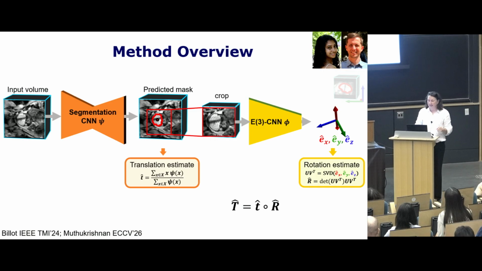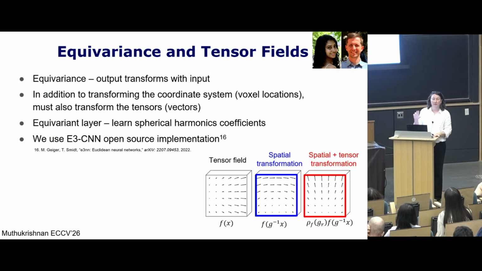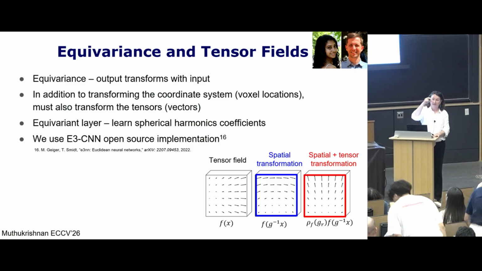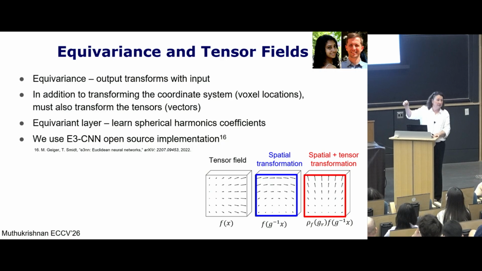The other subtlety, so we find the head, figure out its pose. The other subtlety is that the output of this network is essentially 3 vectors, right? We have a coordinate system that is following the fetal head. Because the outputs are vectors, we ended up using what's called an equivariant architecture that knows that 3 channels are not just 3 channels of scalars, but they're actually vectors that have to move consistently as I move the input. So that's one detail of it.